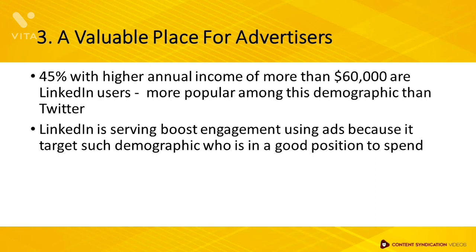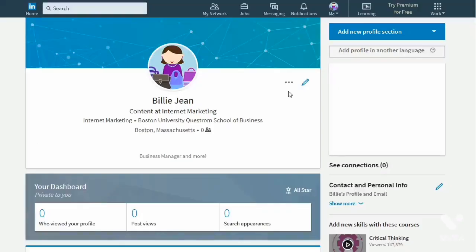Now that we've uncovered reasons why you should be using LinkedIn for your content, next I'll be showing you how to reach 100% profile completion to attract your prospect. One of the most important elements to LinkedIn is networking. You need to start growing your followers and connect with them. This will make it easier for you to syndicate your content because you have gained prospects.